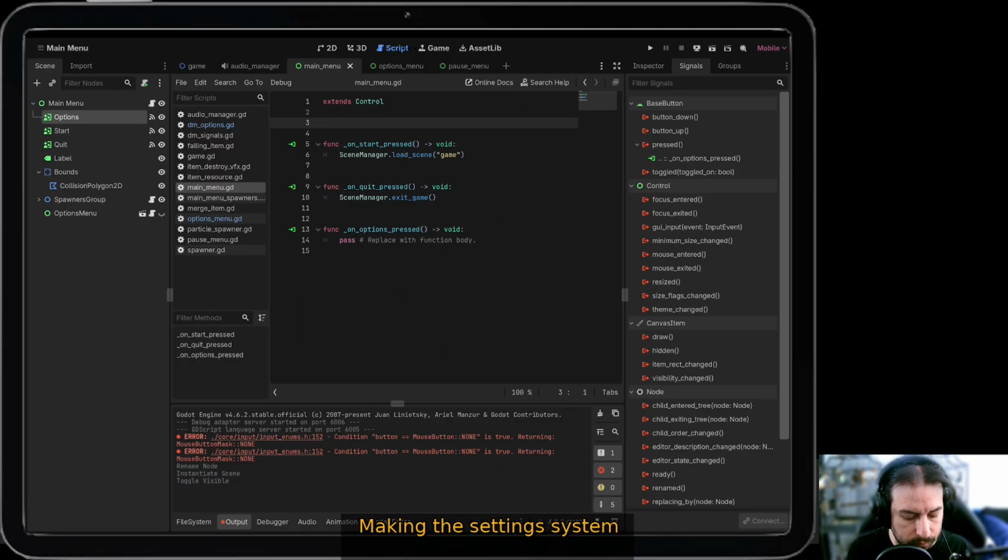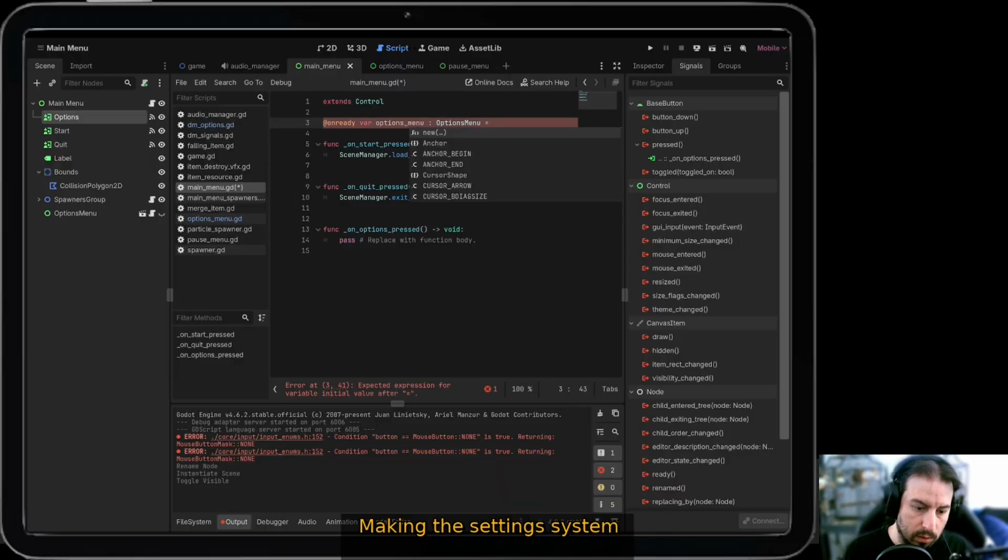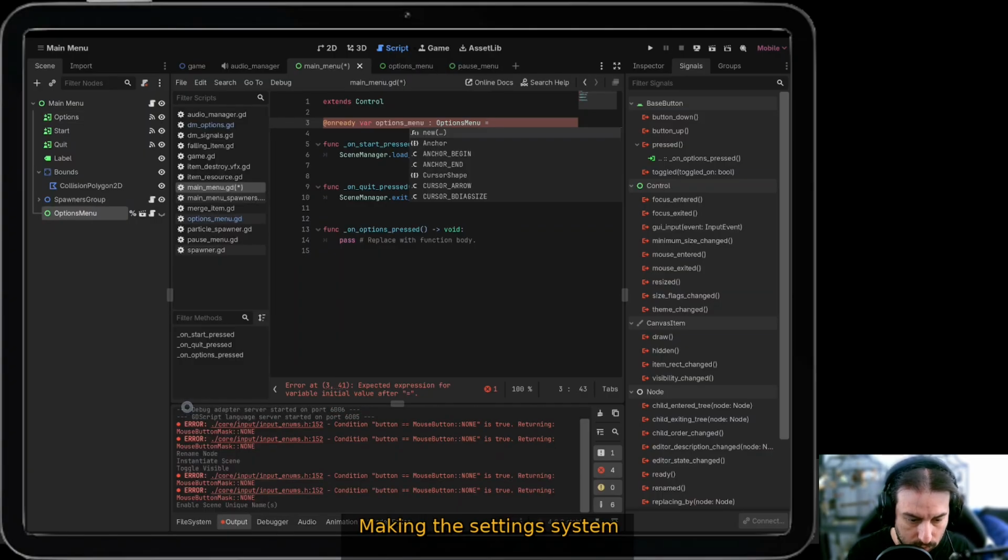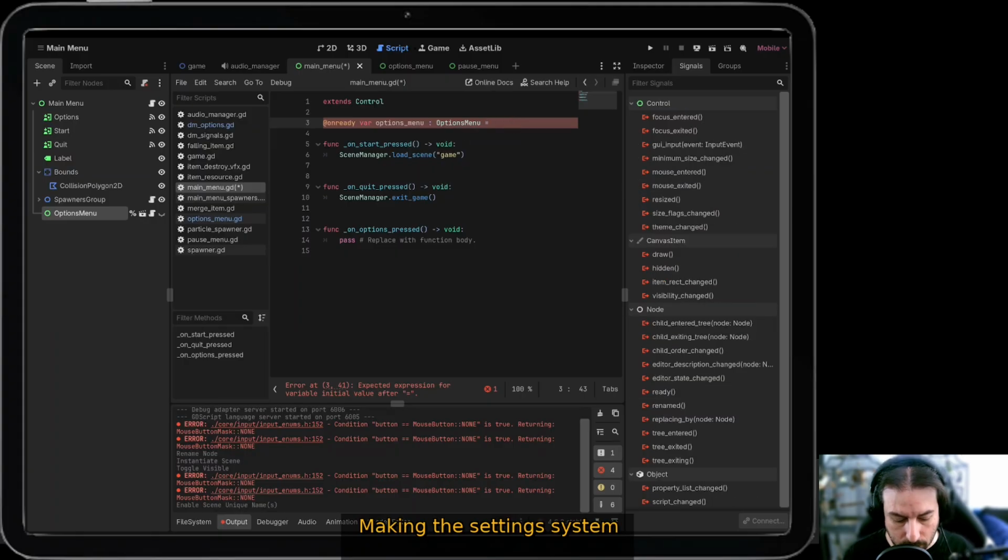So let's do that: on ready, var options menu, and it's of type options menu, and let's do that as a unique name, so percentage options menu. And whenever the options is pressed,